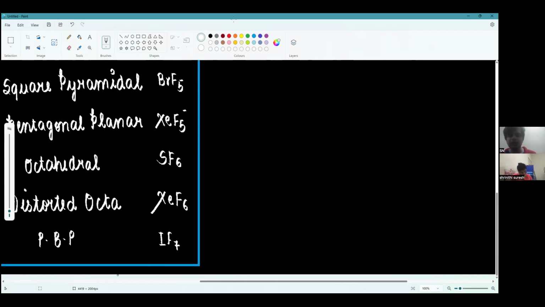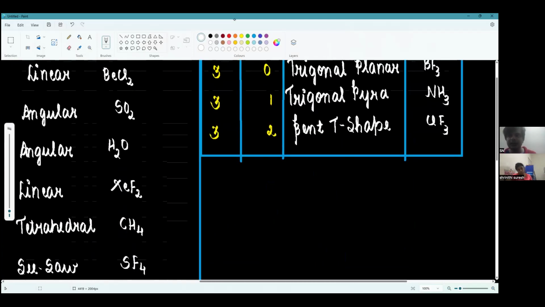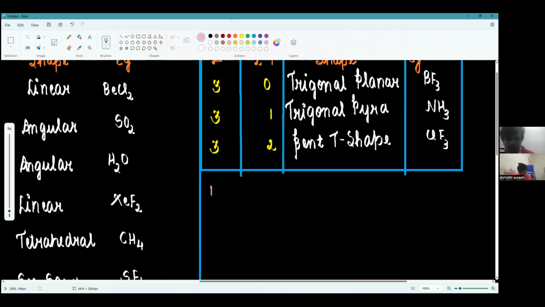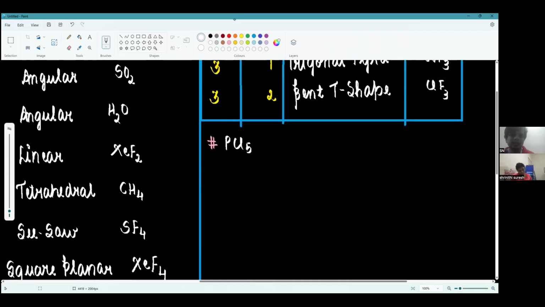तो 40 वाले भी हो गए, 41 42 भी हो गया। अब क्या करने का है? 50। तो 50 का एग्जाम्पल क्या था? पीसीएल फाइव ले लो। If you don't have any lone pair, then the geometry and shape will be the same. Okay, something like this. ये देखो, इसी को ट्राइगोनल बाई पिरामिडल हम बोलेंगे। ट्राइगोनल बाई पिरामिडल ज्योमेट्री बोलेंगे इसे।